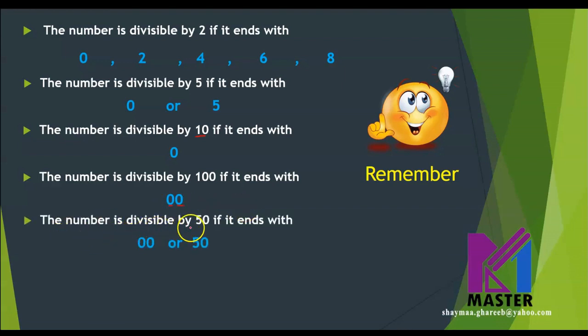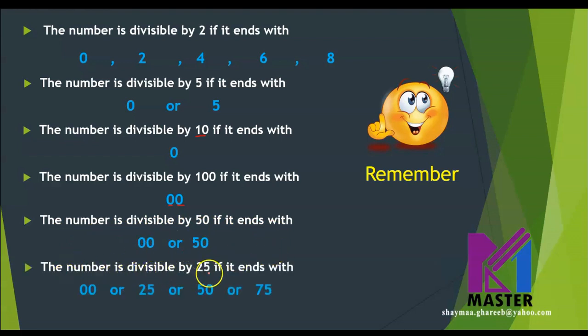The number is divisible by 50 if it ends with 0, 0 or 50. The number is divisible by 25 if it ends with 0, 0, 25, 50 or 75. Is this clear? It's really important to know the divisibility tests for all these numbers. Now,